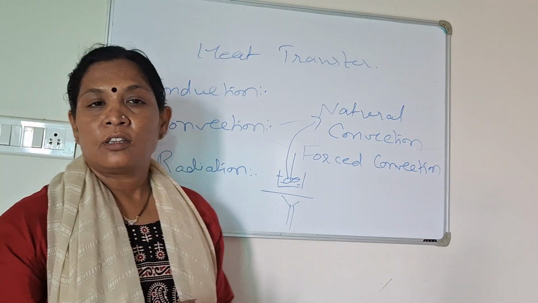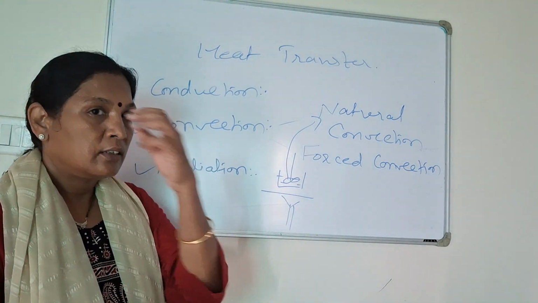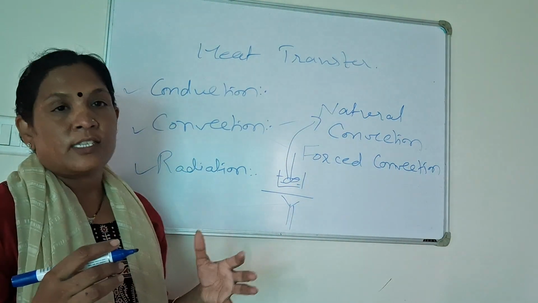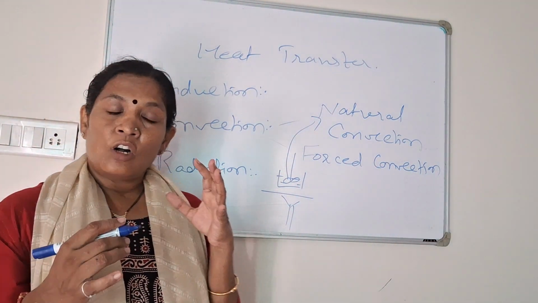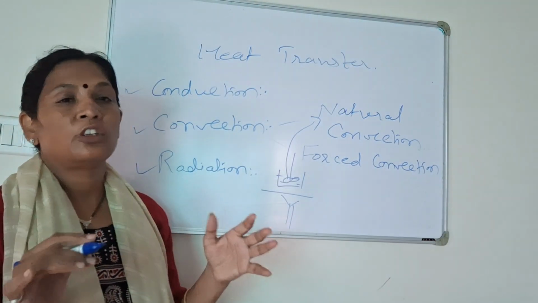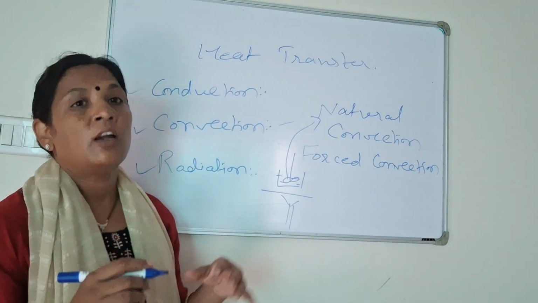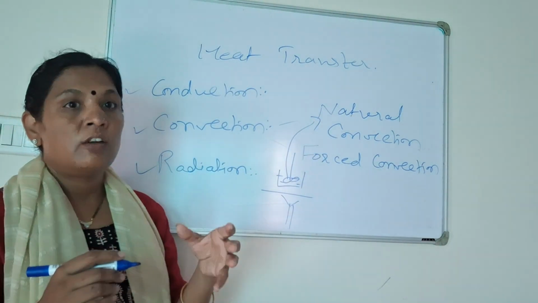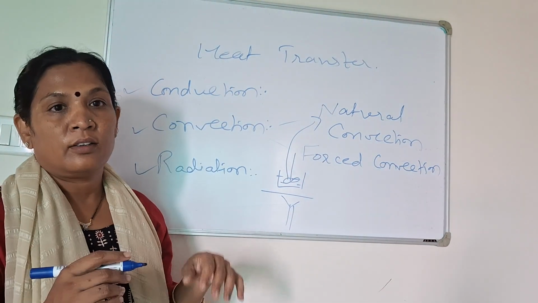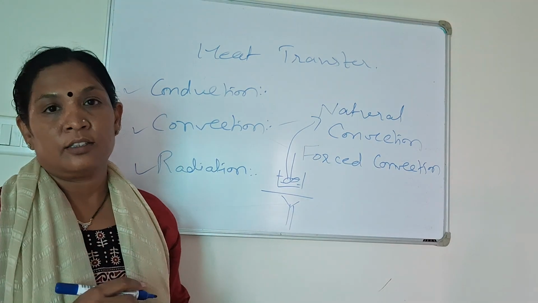The third one is radiation. Radiation is a type of heat transfer which generally takes place through gases. Also it is noted that there is no medium required for the heat transfer through radiation. We are getting heat of the sun through radiation on the earth, and that is the